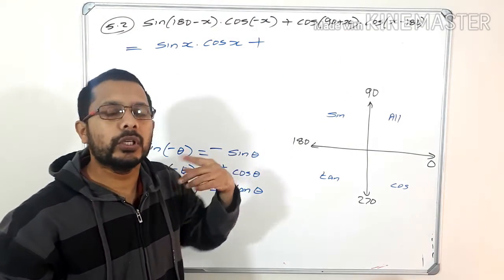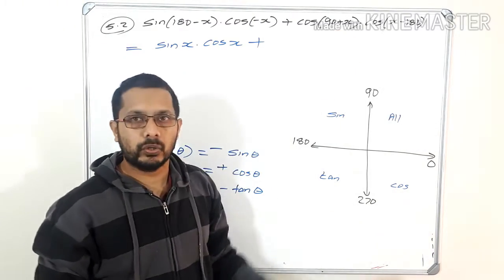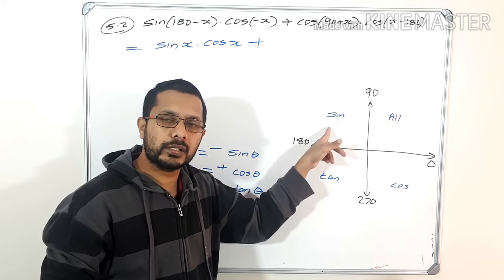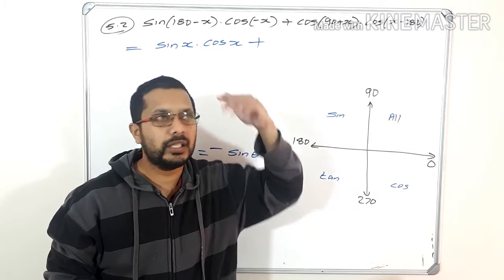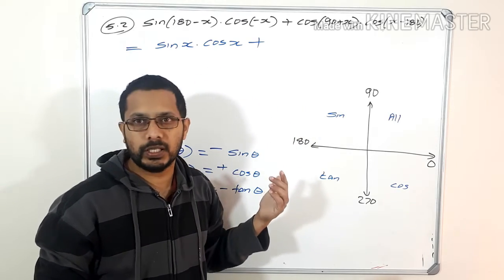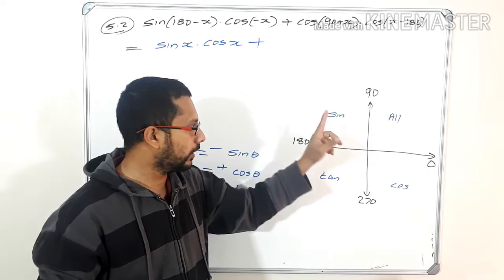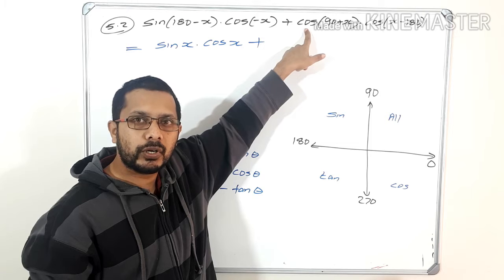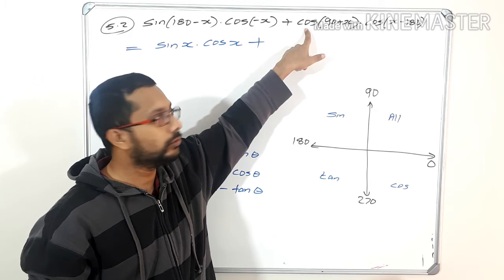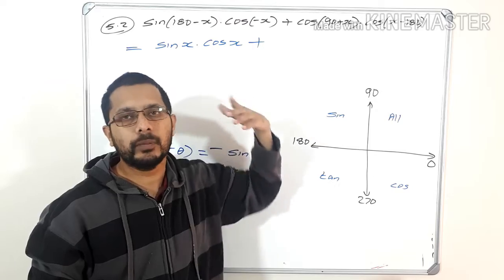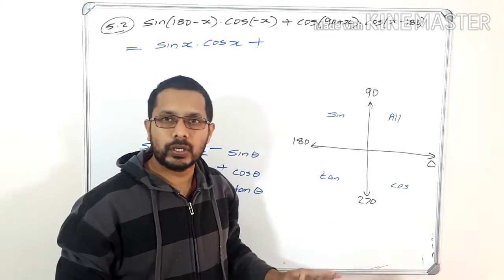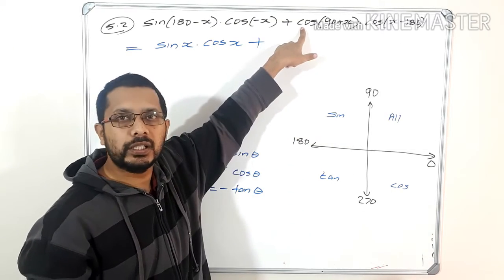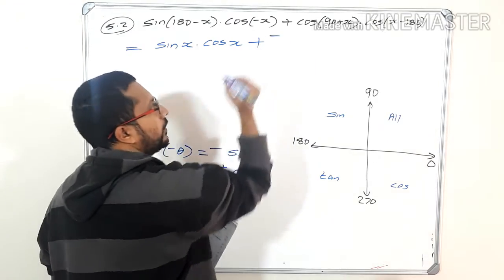I told you, you must follow this order. 90 plus x is in which quadrant? 90 plus, that means the second quadrant. In the second quadrant, what is positive? This is how you want to think in your mind, in that order. Then you won't make a mistake. 90 plus x is in which quadrant? Second quadrant. What is positive? Sine is positive. Here what? It is cos, so it is supposed to be negative.